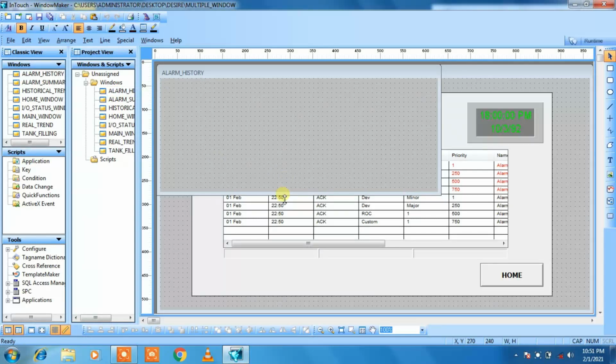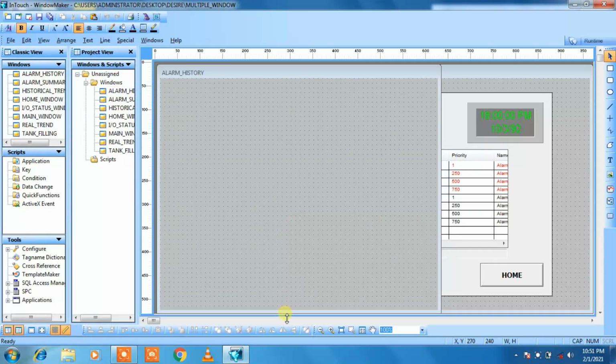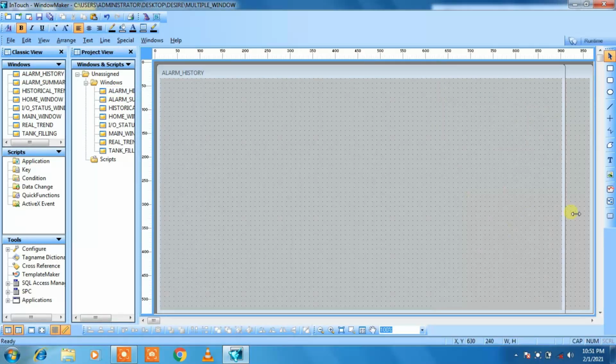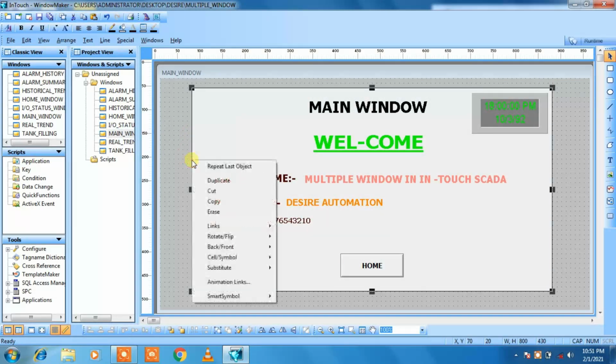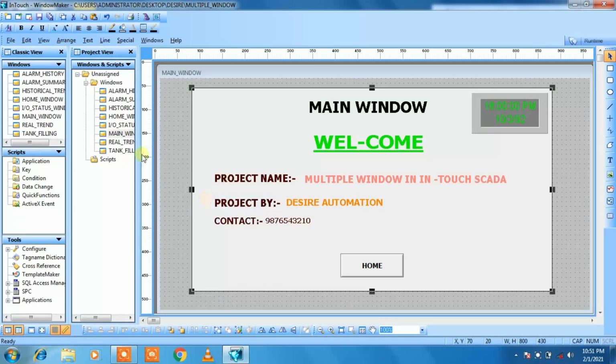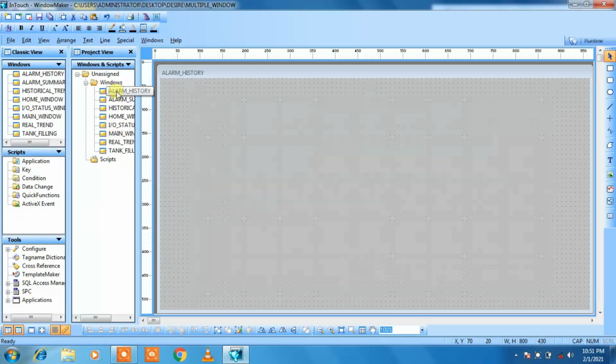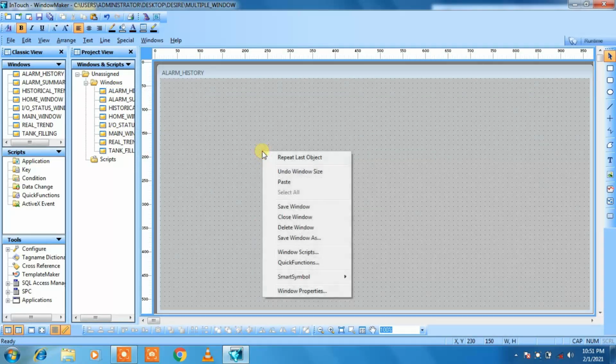Now our last window is alarm history. Let us make it large in size. Then take a white rectangular box from the previous window. Let me copy it, then go to the alarm history, then paste it.